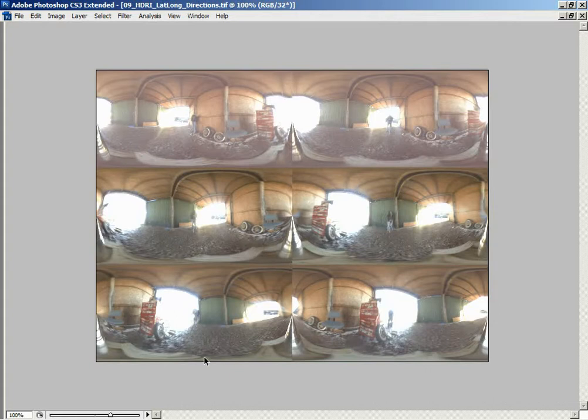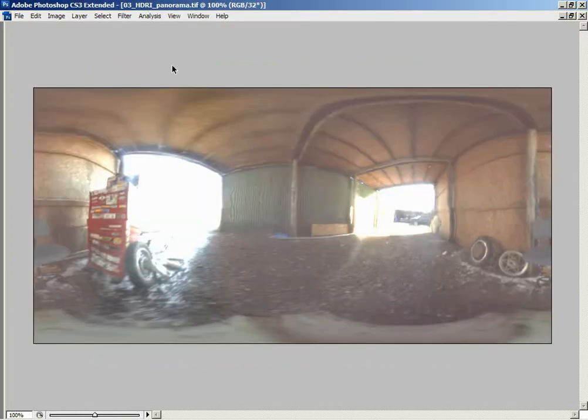But it also means that we can paint out our cameraman in the image. And the final result, once we've gone through and done all of this, is that we're going to get a single panorama where we don't have any areas that are more distorted than other areas in the image, and we don't have a cameraman in our image. And that's now the final HDRI panorama, if you will, that we're going to take and use for the lighting